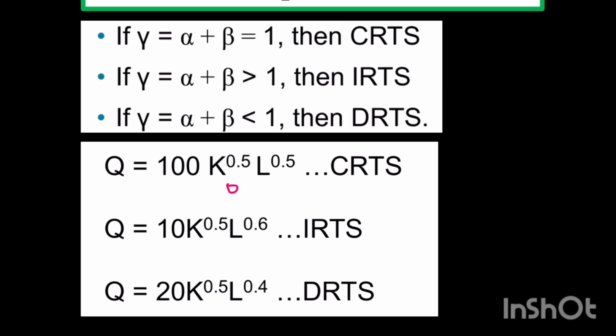If you take a half plus a half, what is it going to give you? It's going to give you 1, right? And what is 1? 1 takes you back to,